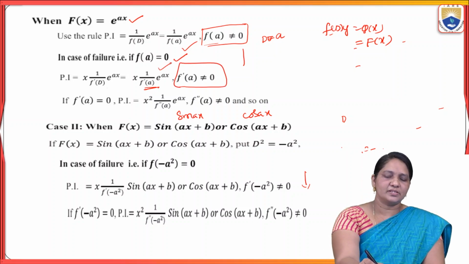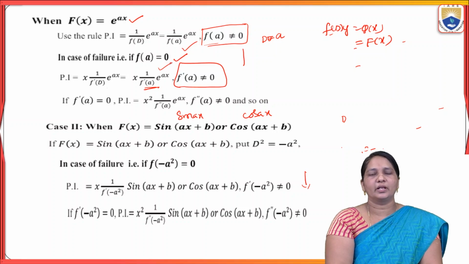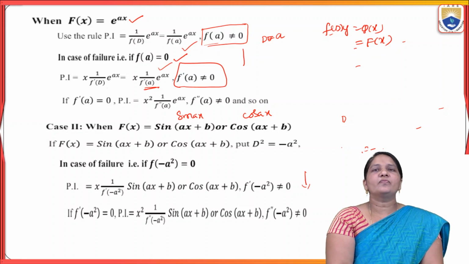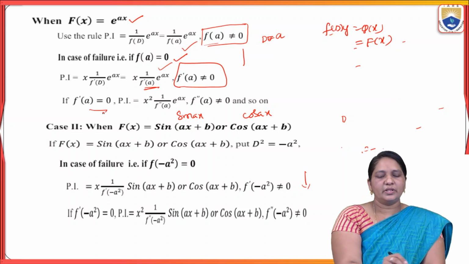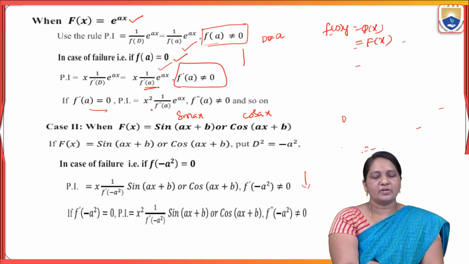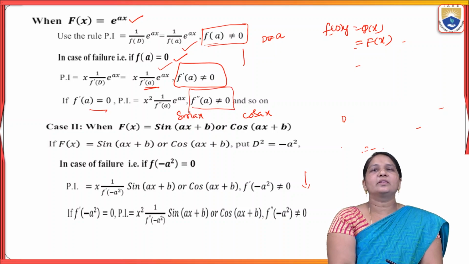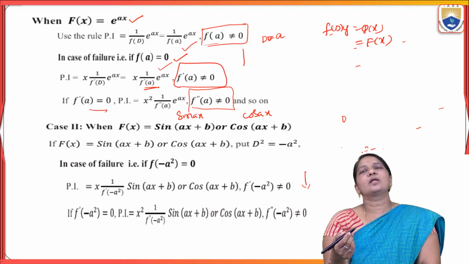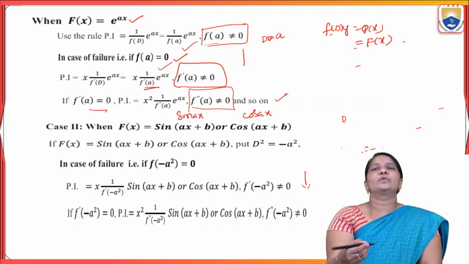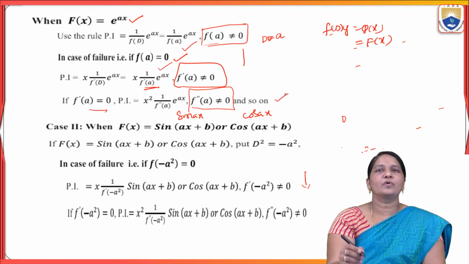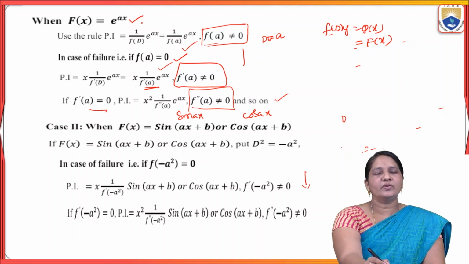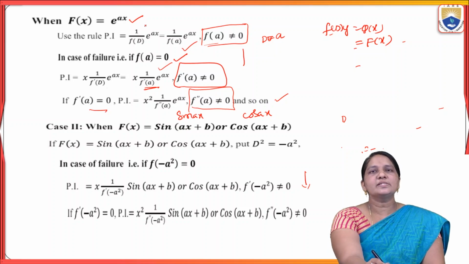Then we can finalize this answer as a particular integral. For example, if f of a is also 0, then again we have to follow this one: x square into 1 by f double dash of a into e power ax, where f double dash of a should not be equal to 0. Like that, if you are getting f double dash of a also 0, then we can go for the triple dash. Like this, we have to follow the formulas if you are having f of x value as e power